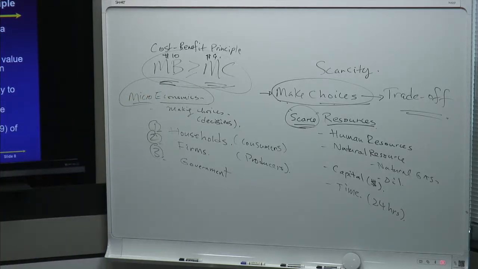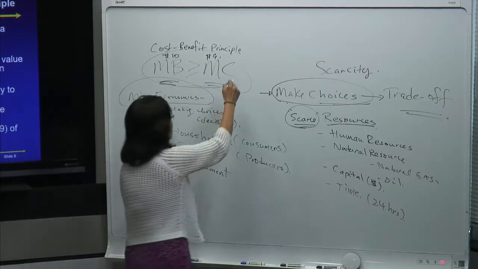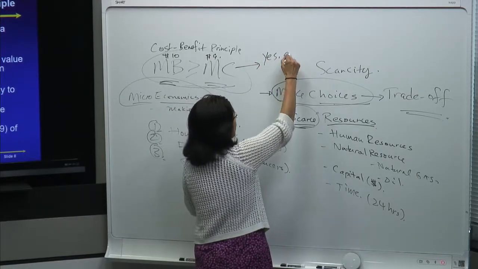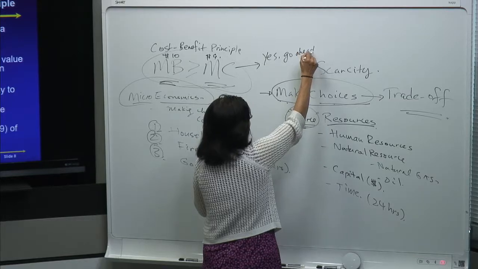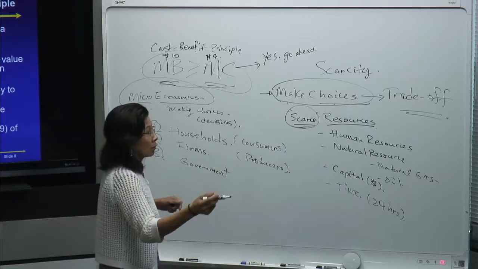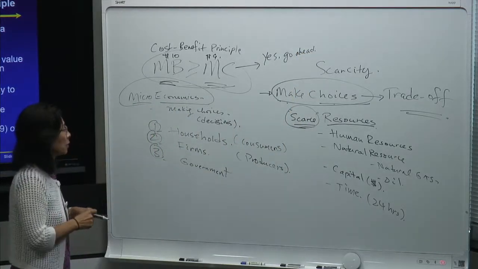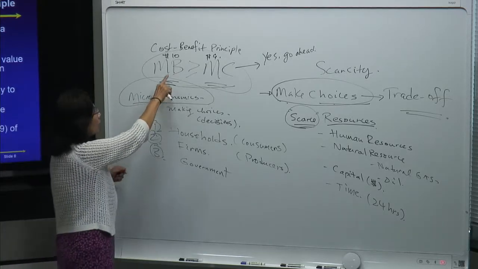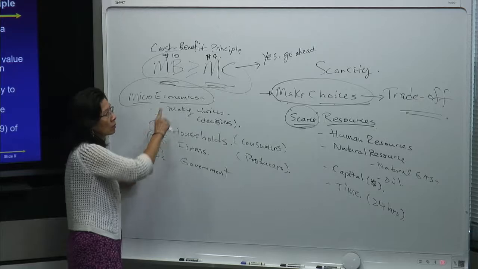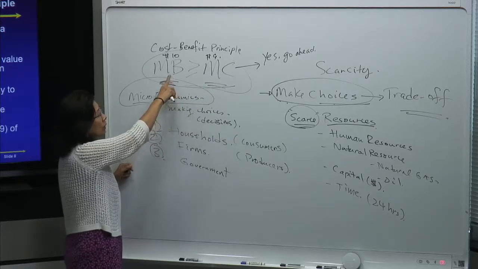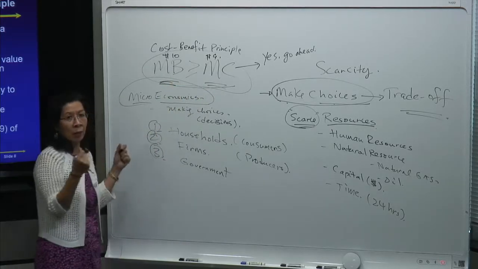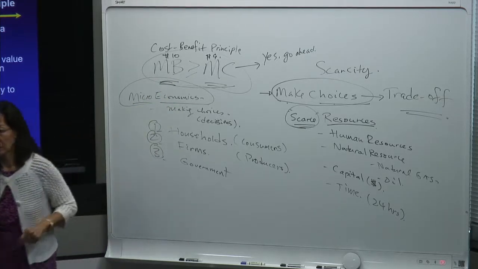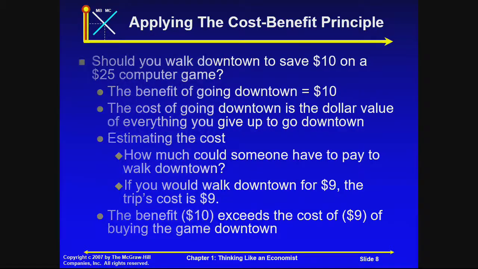So what is the outcome? The outcome is yes. Take the action or go ahead. Go ahead means what? Yes. Walk downtown and save that $10 because it's worth it. Now, if it is the same, like $10 equals $10, then you still will go because you see the criterion says greater than or equal to. But if it is less than, like the next example will show,